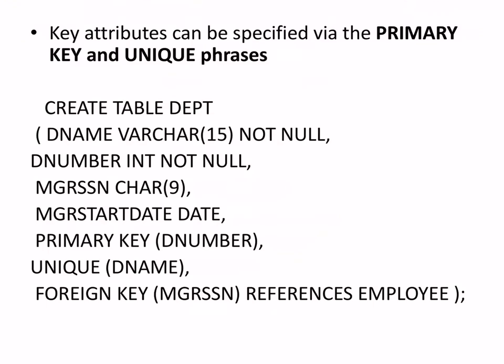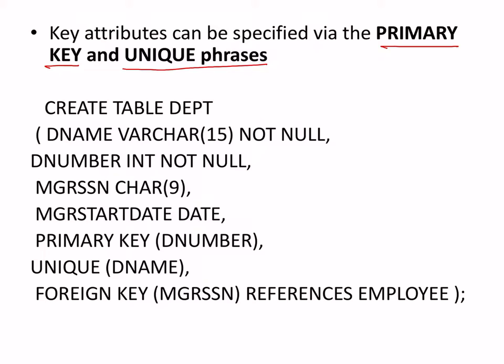So let's go ahead with the same create command. Now it has been improvised a little, and we are trying to put in certain other criteria or constraints by mentioning some of the attributes as primary key. Or we can also use the unique phrase, wherein I expect that certain column values are all unique. Unique means not the same as each other. So none of the two employees or two students can have the same value for a certain attribute. So that is what unique is.